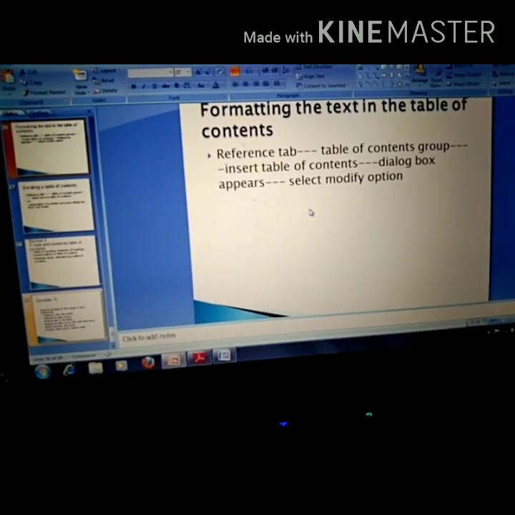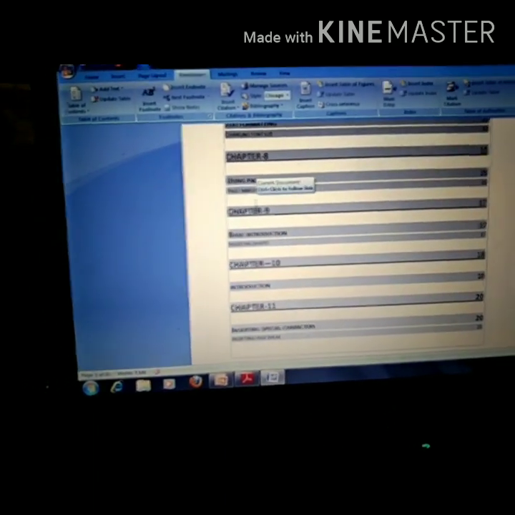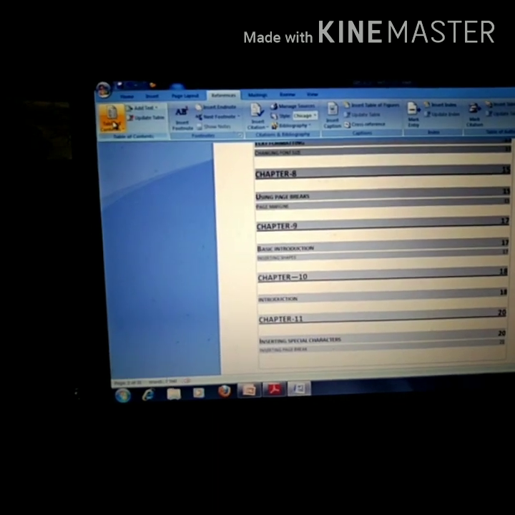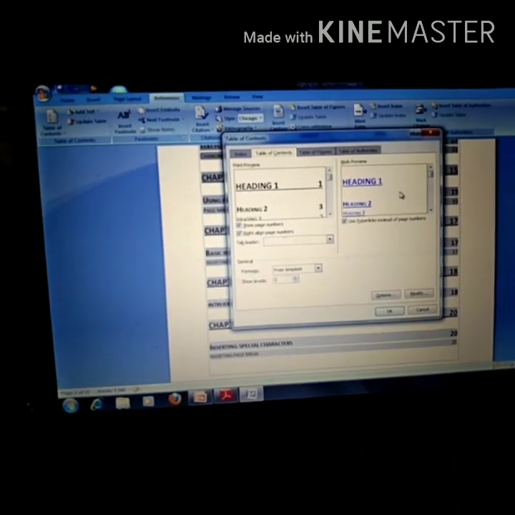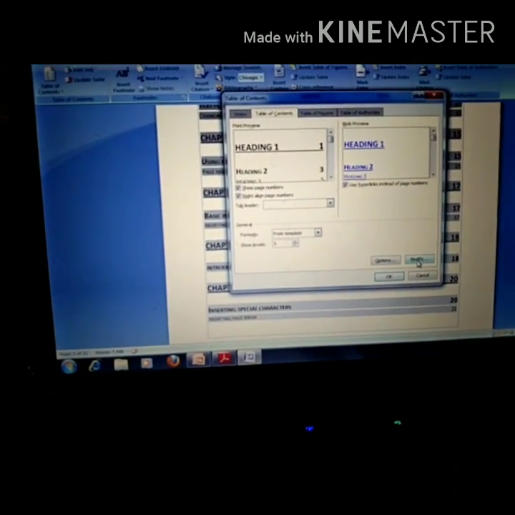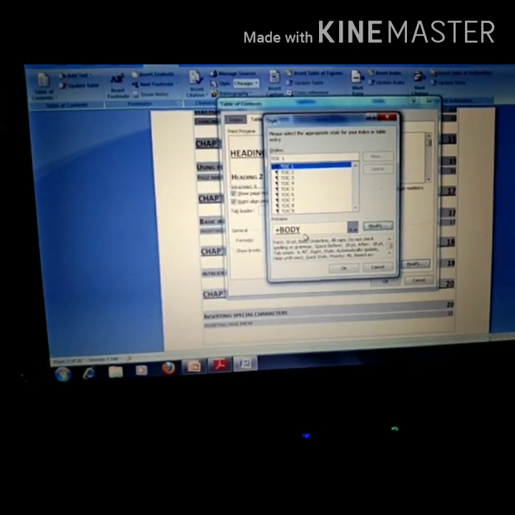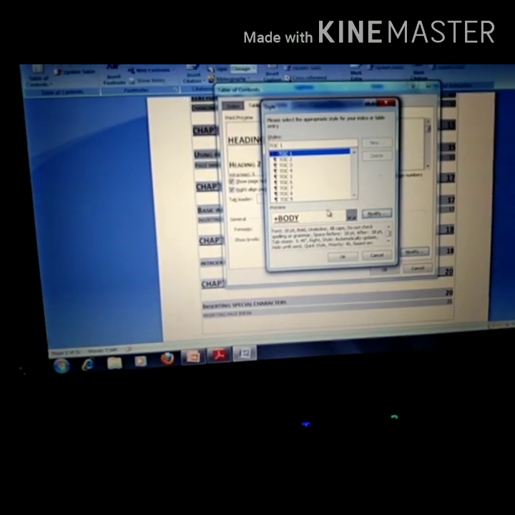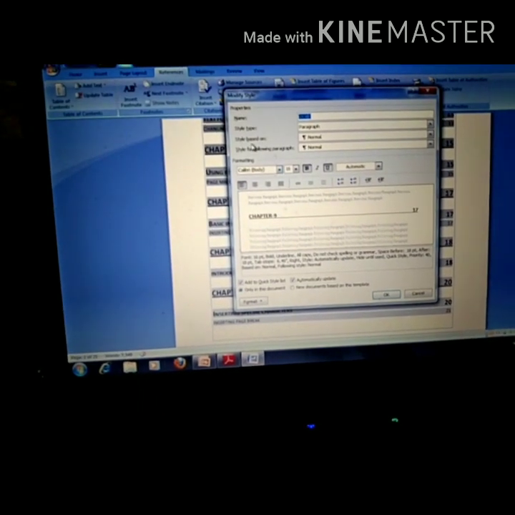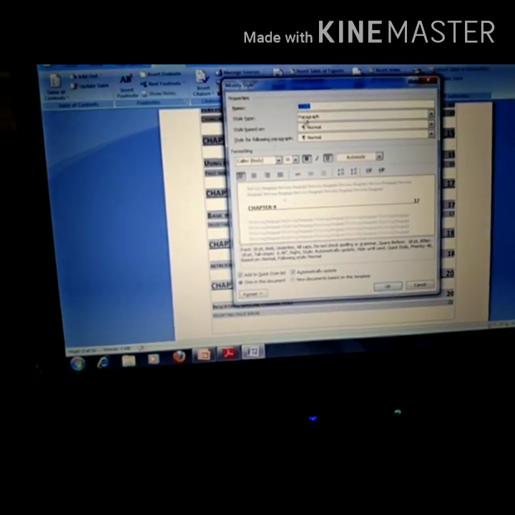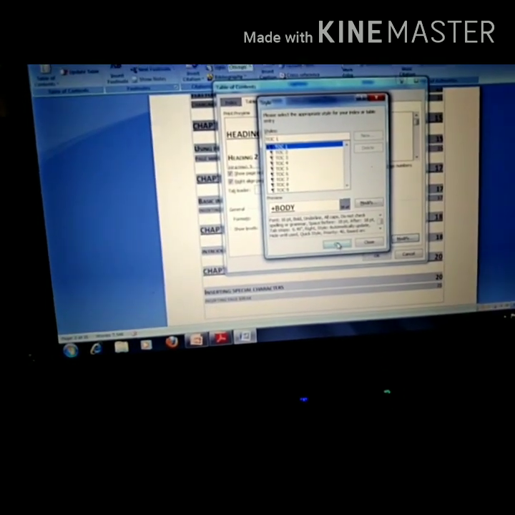How we can format the text? For this, modify option is there. Recently I have shown you that this one is your table of content. You want to modify this, click on table of contents option. Here is insert table of contents option. This window will appear. Here is modify option. From modify we can increase decrease the size of any heading or any table of content option. Okay, from here we can do the updation. Click on this modify option, and same window will appear, that appears in styles. This one is table of content one. It will be applicable on chapters. Okay, from here we can do.